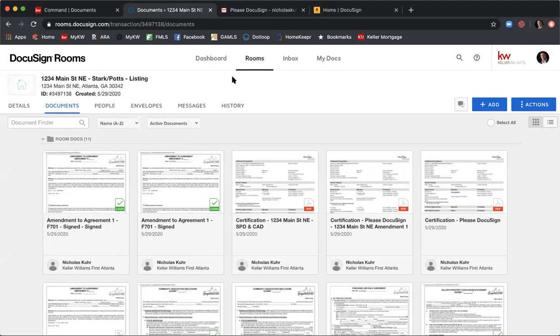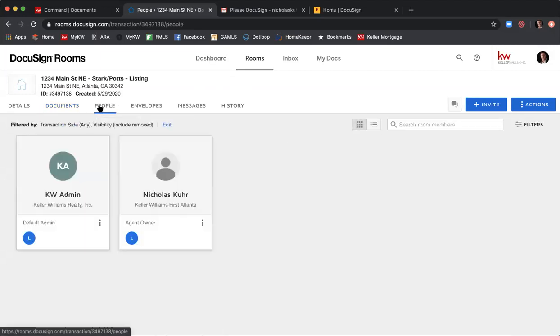But what you can do is if you are on a team and you work across multiple agents, and you want the Rainmaker to have access to all those rooms, if you come to the People tab, select People, you can invite that Rainmaker to the team or to the room. So let's say I'm on the Lindy and Sarah group. I can click Invite,